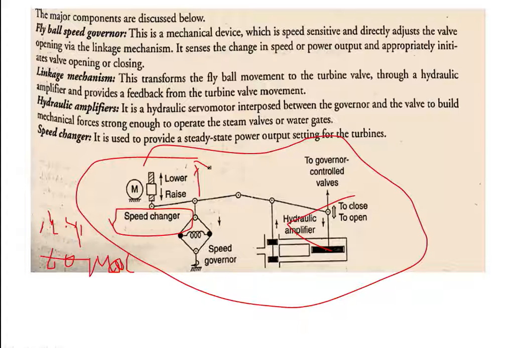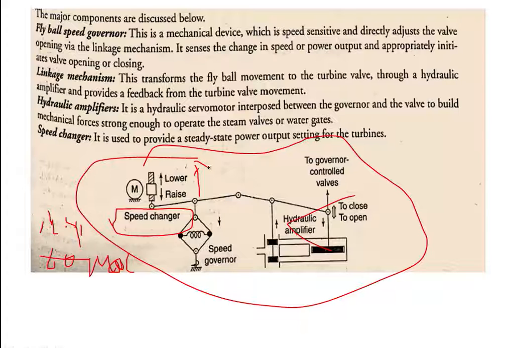This linking mechanism is connected to the governor control valve. If it increases, the valve will be closed and there is no flow of fuel, that is water. If the valve rises, that is, decreases, it will be locked. So there is a change in speed depending upon the raising, lowering, and opening and closing of the valve mechanism. The speed governor observes the change in speed in the complete mechanism.